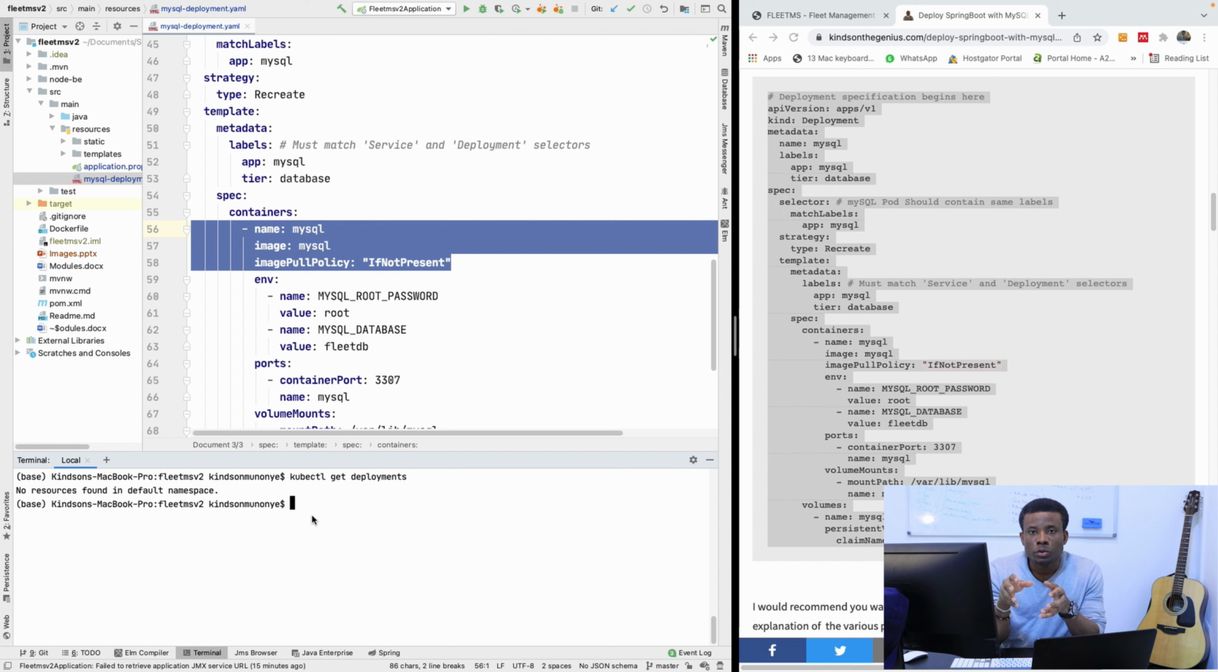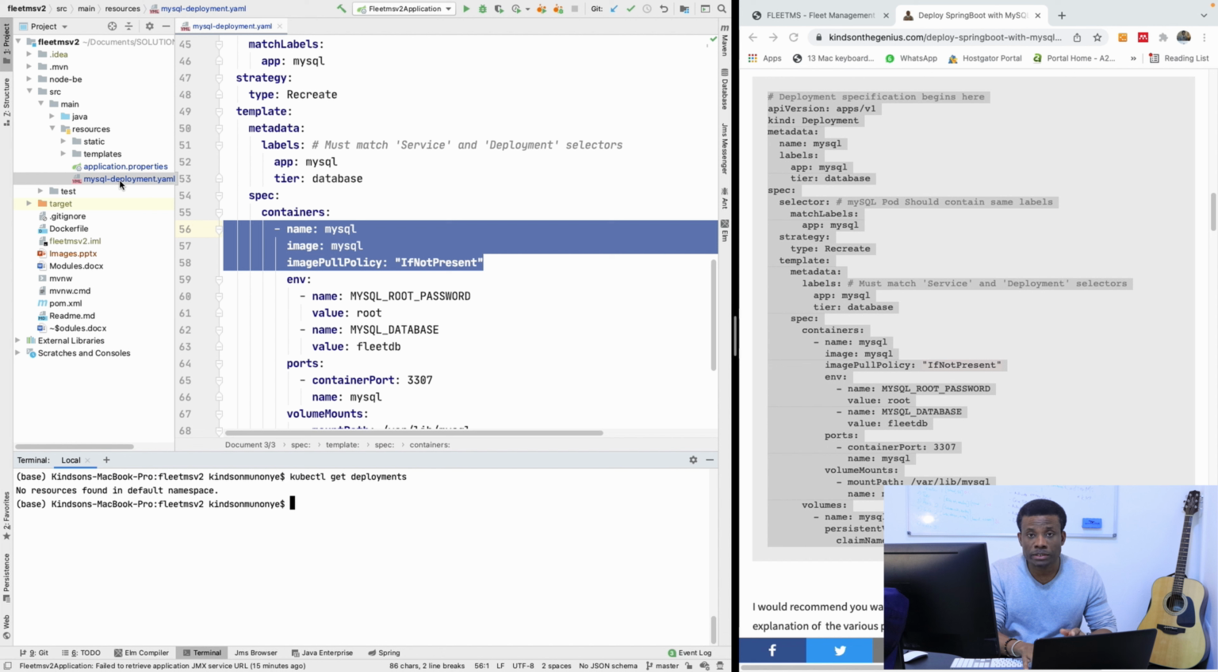So we are going to apply this deployment, and to do that, I'm going to navigate inside the resources folder where I have the deployment. So you can see MySQL deployment inside the resources folder. So I'm going to say cd src main resources,